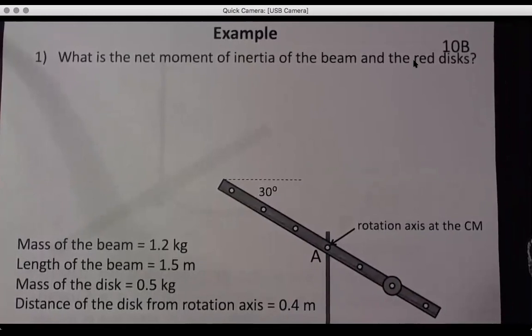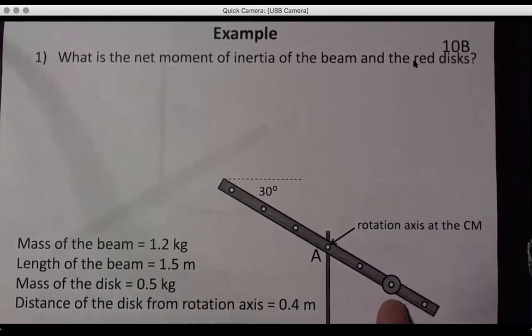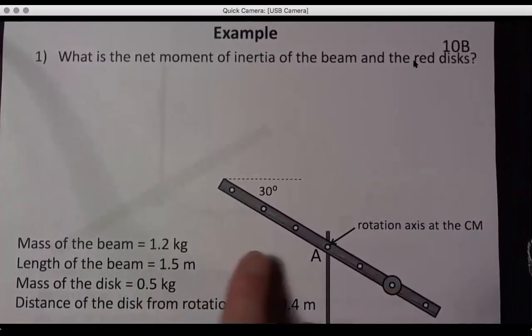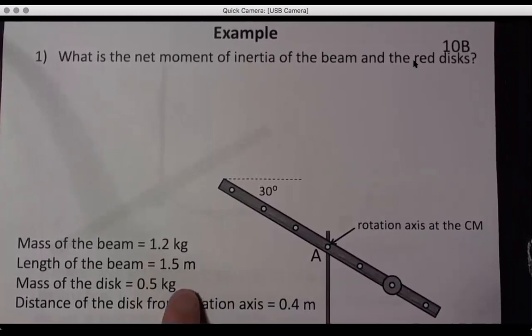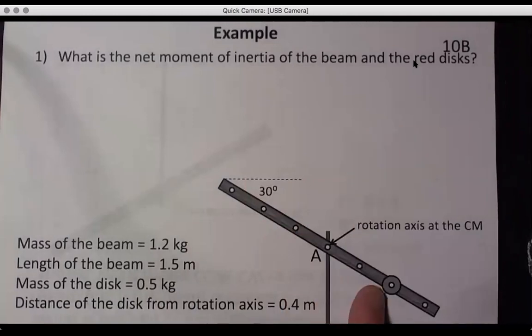So there's that red weight we put in the end, and that's the disc, that's 0.5 kilograms. The length of the beam is 1.5 meters. We want to know the moment of inertia of the beam and the red disc. This has one red disc over here. So I of our whole system